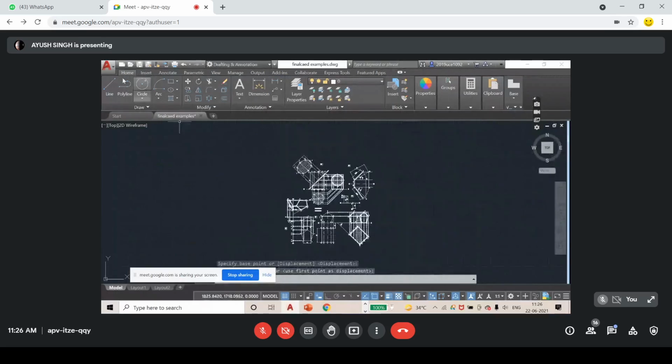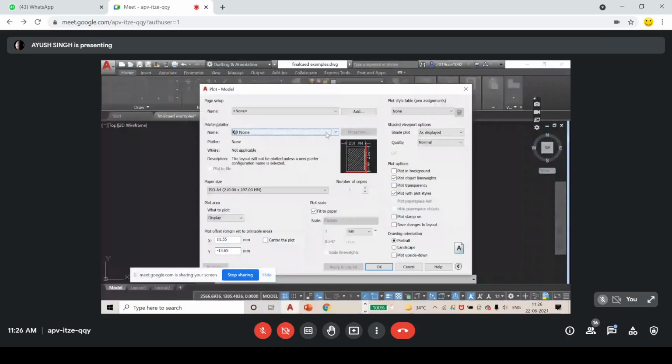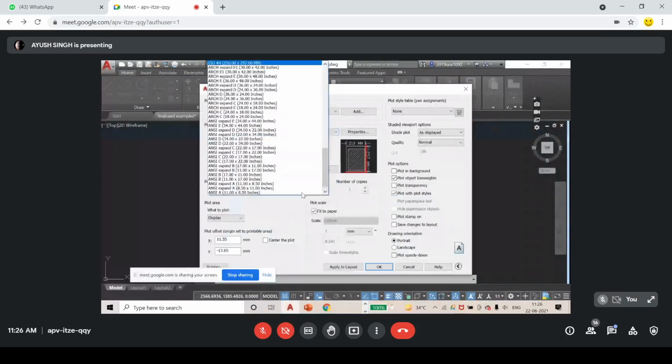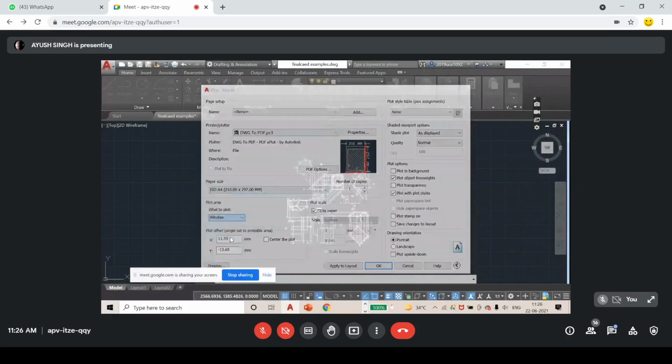Now let's see how my printing will work because I am using so much. So I am again going to revise: name of plotter, DWG to PDF, ISO 210 by 297. What to plot? Window. Okay. Window is this.